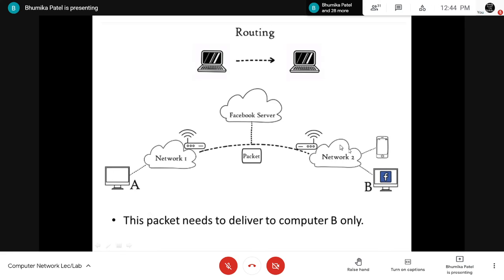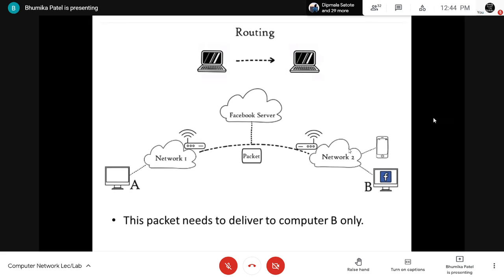Network 1 થી પણ connect છે, network 2 થી પણ connect છે. So a particular જે request query છે, કોણે કરી છે? computer B એ. So Facebook server જ્યારે એને response આપશે, obviously that packet must go to the computer B, not to the computer A. And for that purpose, we are using what? Unique IP address. Since in the network, each and every device has unique IP address.